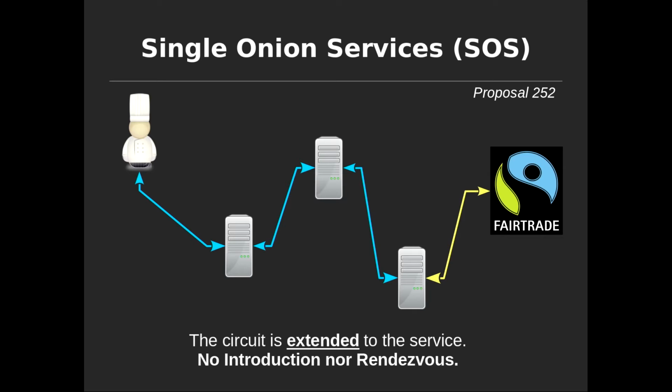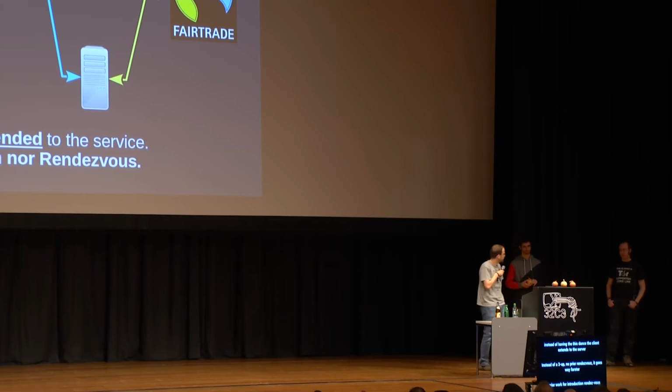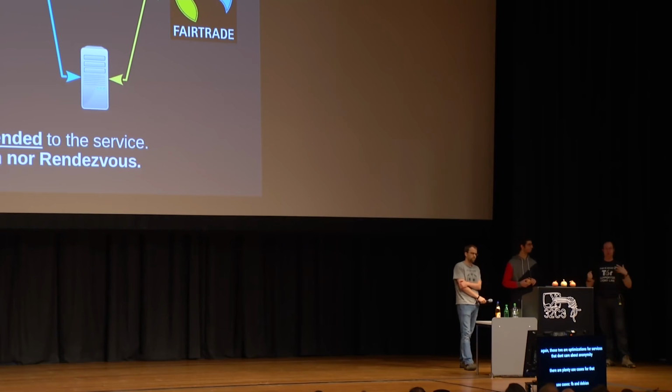Again, those two are optimizations for servers that do not care about anonymity. And there are plenty of use cases for that. Facebook, for instance, or a Debian repository, and so on. Facebook and Debian are really excited about having one of these options so that they can have all of their users reach their service with all the cool security properties we talked about, but also a lot faster and more scalable than the current design.